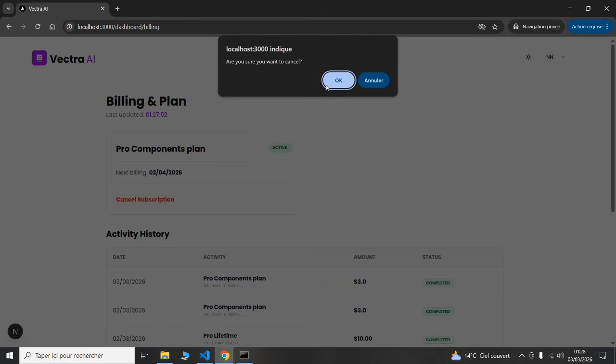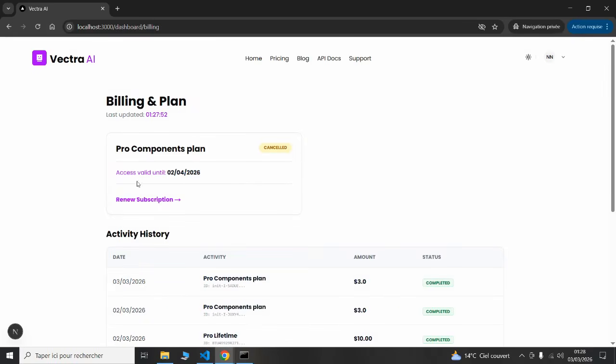If I cancel the subscription and click OK, as you can see, I can still access the Pro features until this date. I handled this by adding the logic needed, so you don't have to do it yourself once you get the boilerplate Pro code. As you saw, everything is working fine. PayPal is working great. Once you are ready, all you have to do is follow the docs on the website to be able to go into